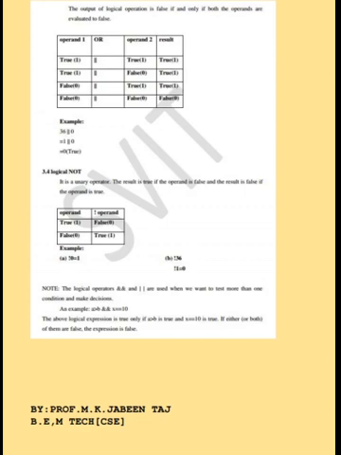Example, solve the equation x star is equal to y plus z, where x is equal to 10, y is equal to 5 and z is equal to 3. Solution: x star is equal to y plus z can be written as x is equal to x star of y plus z. x is equal to 10 star of 5 plus 3, that is x is equal to 10 star 8, x is equal to 80. See the figure once.